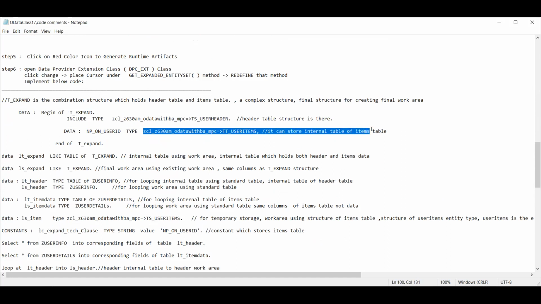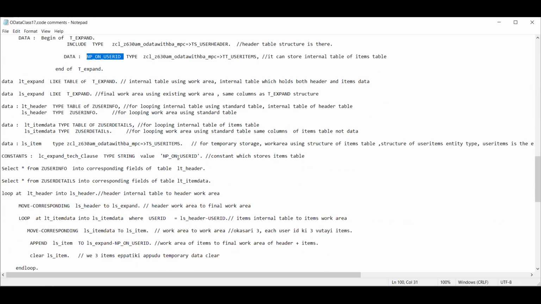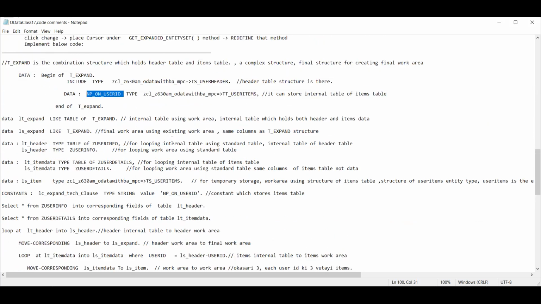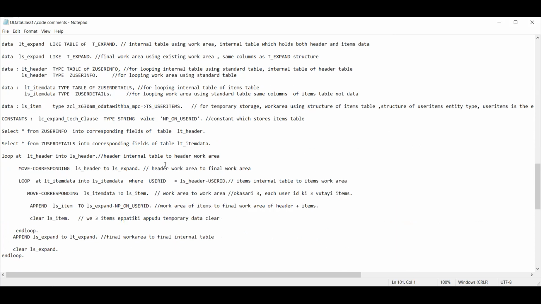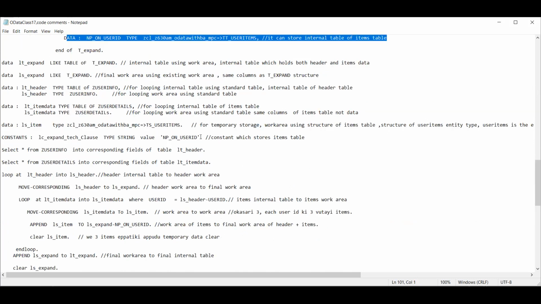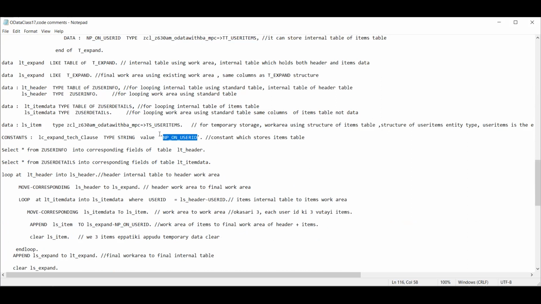So this is an internal table created using table type. We are storing the internal table of that items table, table type user items. Where is it stored? Here. Inside quotes means it will be converted into a string, and all that items data is stored